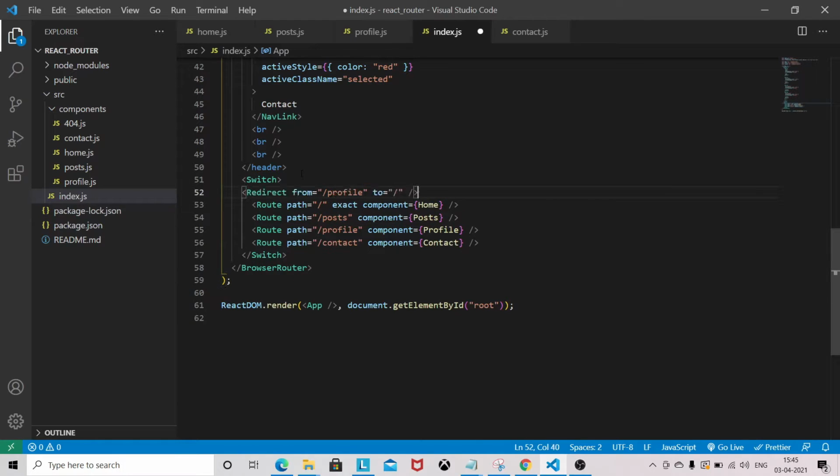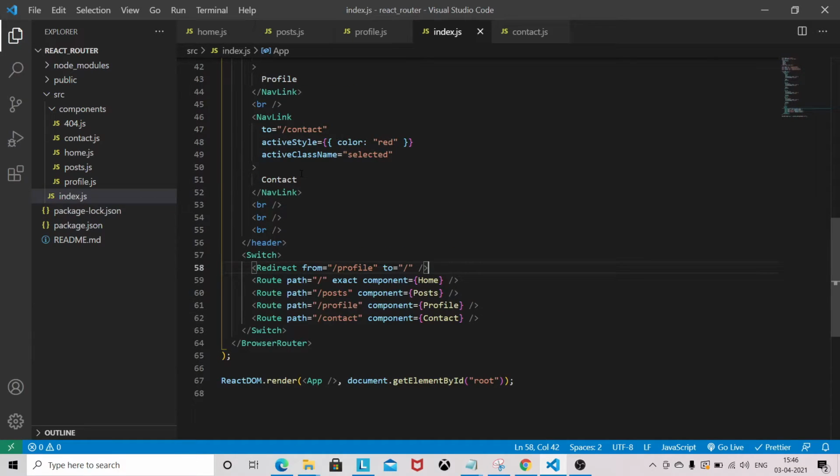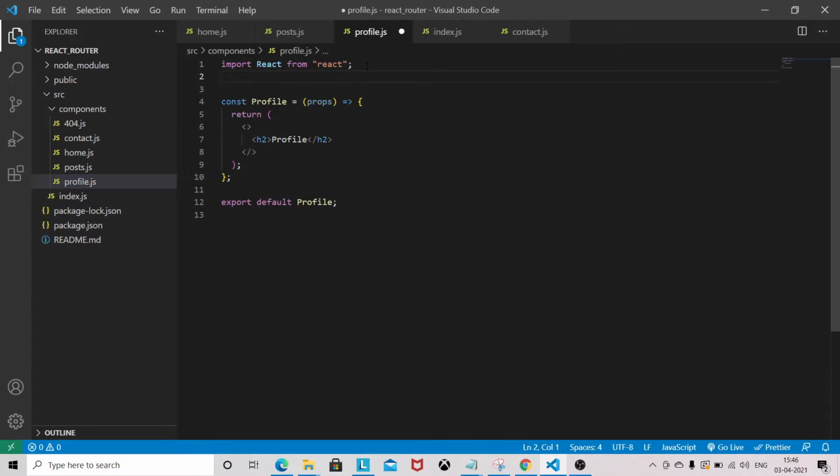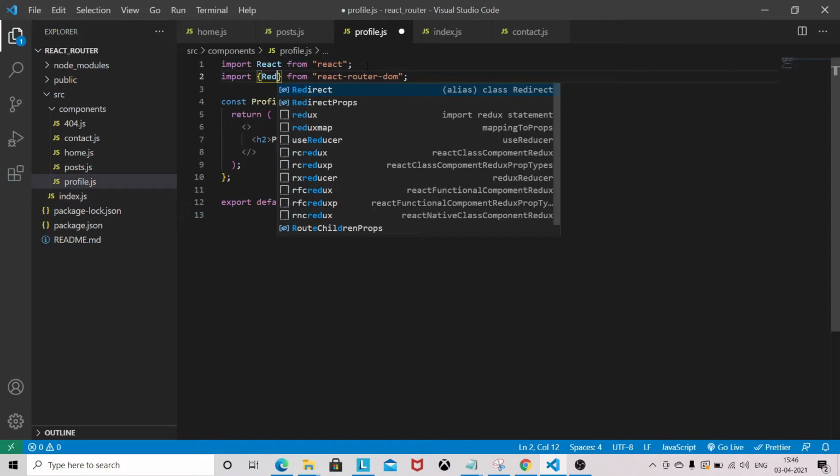So this is one way to implement the redirect in a React application. There is another way. I am going to the profile component, and you can do it here as well.